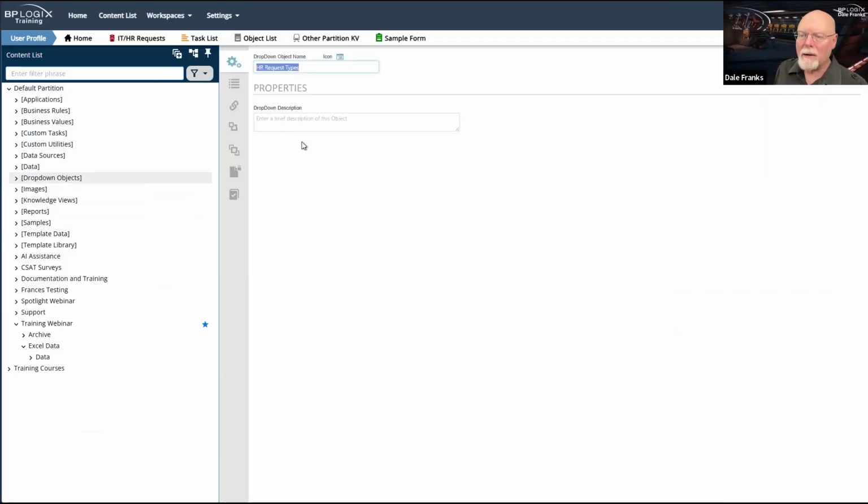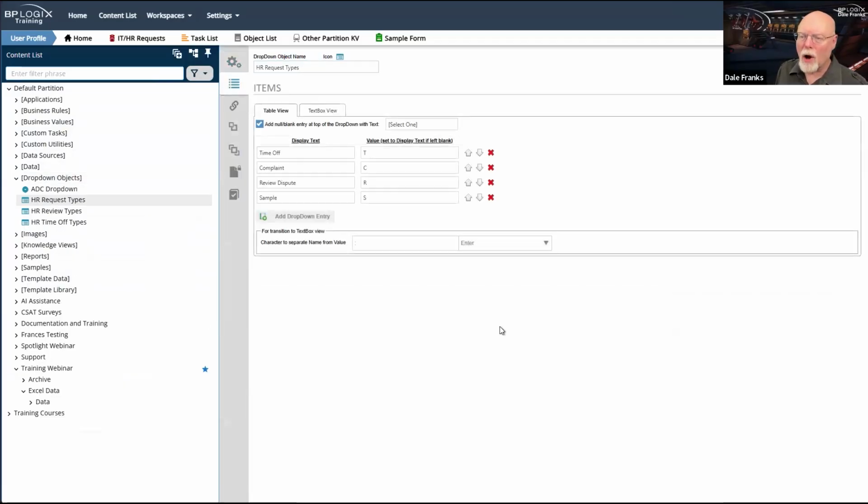Right, so drop-down objects are great because they do allow us to have a display text and a value if we want to, and it provides a fixed list that we can use to fill a drop-down. In most cases, this works fine.